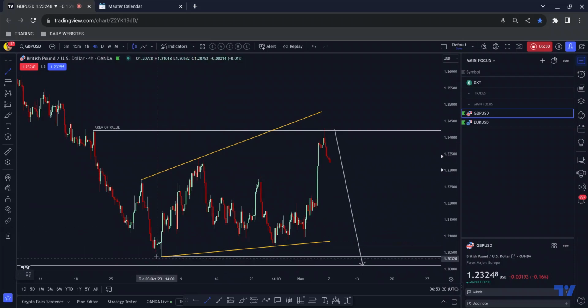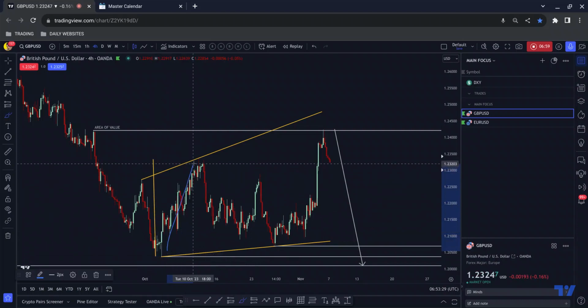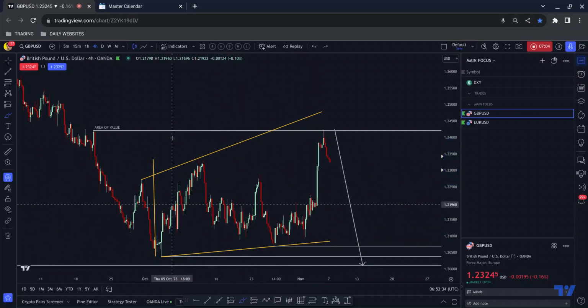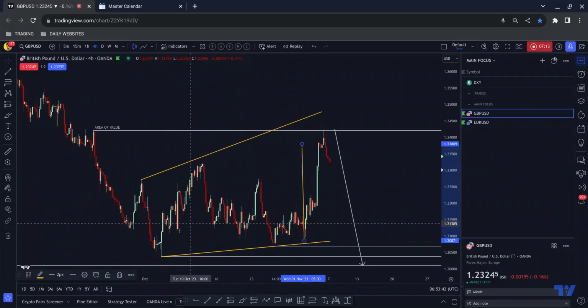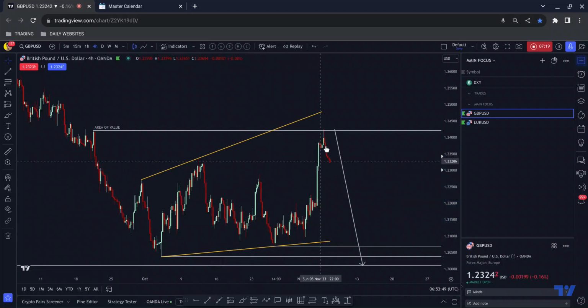What are the other clues? The other clues are, if we just measure the impulses. Within a correction, there's an impulse, correction, continuation. So we have this impulse correction continuation, and when we see that, usually the legs are of a similar length. If we measure this, taking it from here and from here, you can see we have this impulse correction continuation, and they are of a similar length. However, one of the reasons we likely pushed a bit higher is because we have the sharp hook point there,